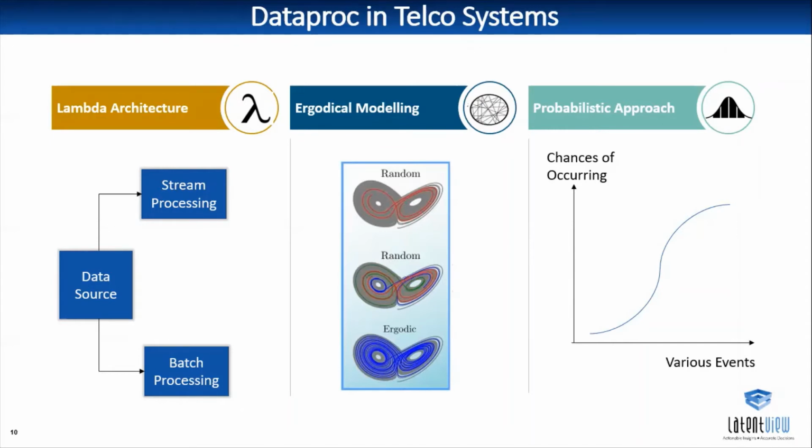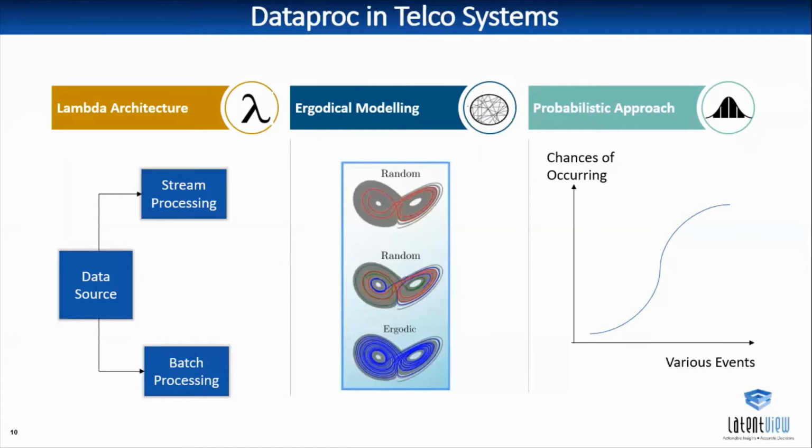And moving on to ergodic modeling. There's a concept called ergodicity. In mathematics, ergodicity expresses the idea that any point in a moving system, either a dynamic system or a stochastic process, will eventually visit all parts of the space that the system moves in. So if you consider any point of a system, it will eventually visit all parts of the space, either in a uniform pattern or in a random pattern. Every point in a system will move to each and every corner of the system. So this is called ergodicity.